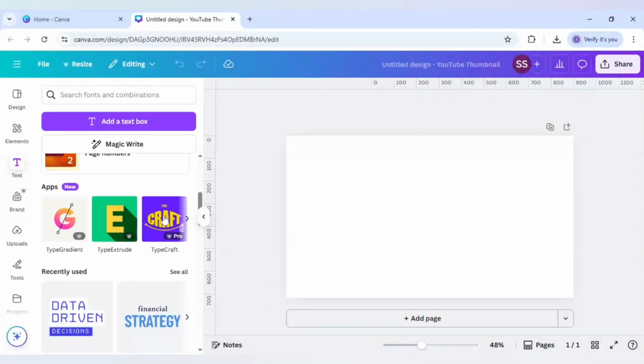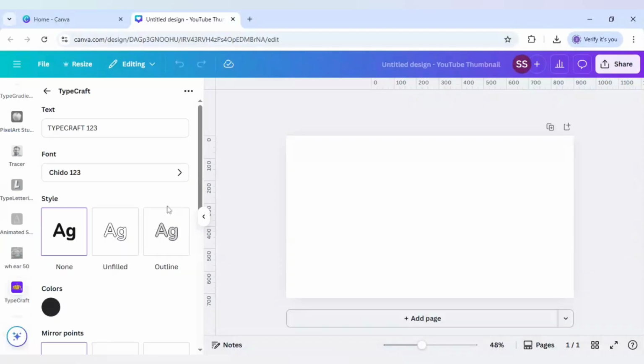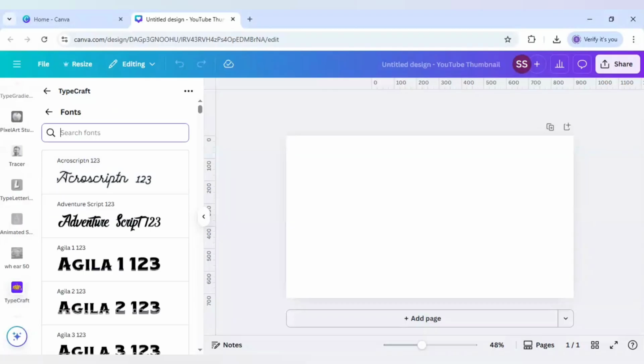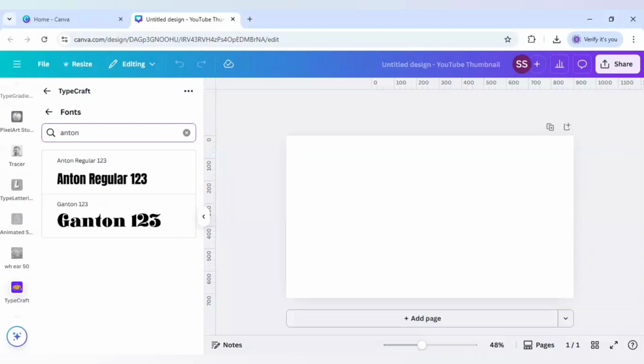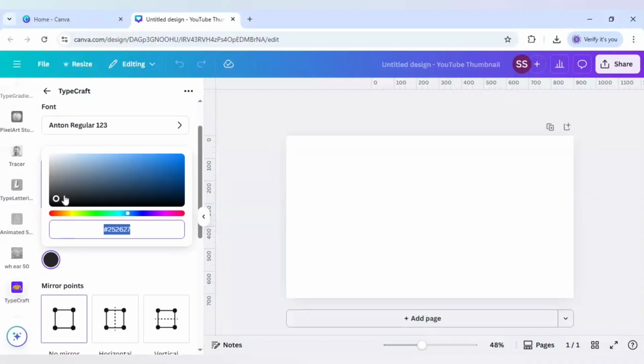scroll down to find Typecraft, and after opening the app here write island. Okay, and for the font I will choose Anton Regular, and go back, change the color to white,